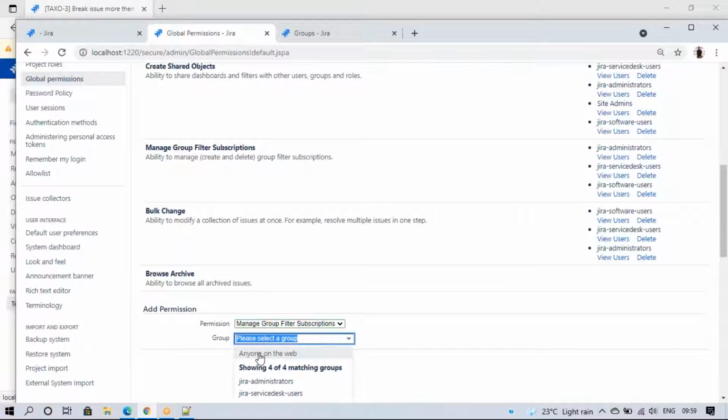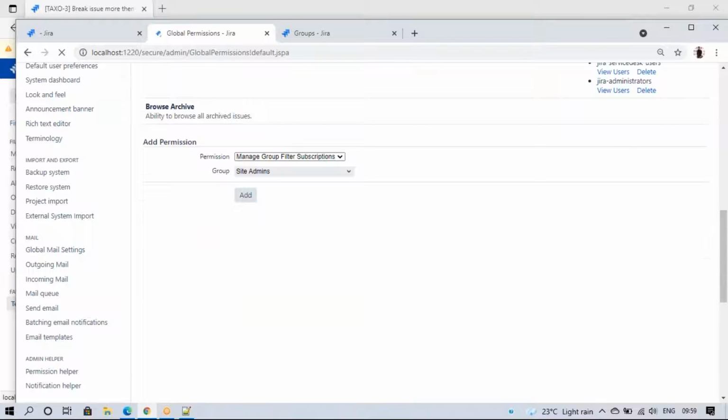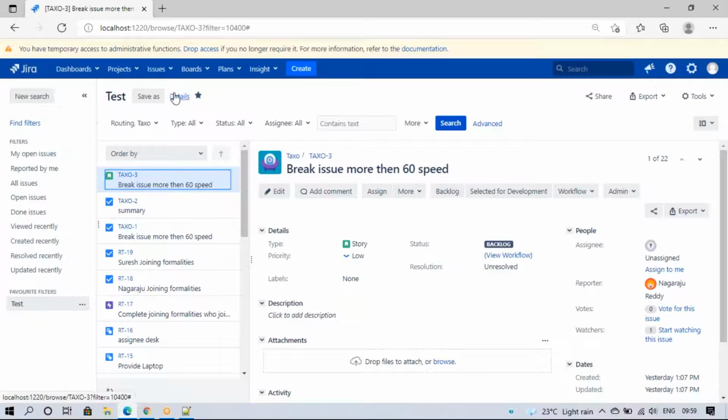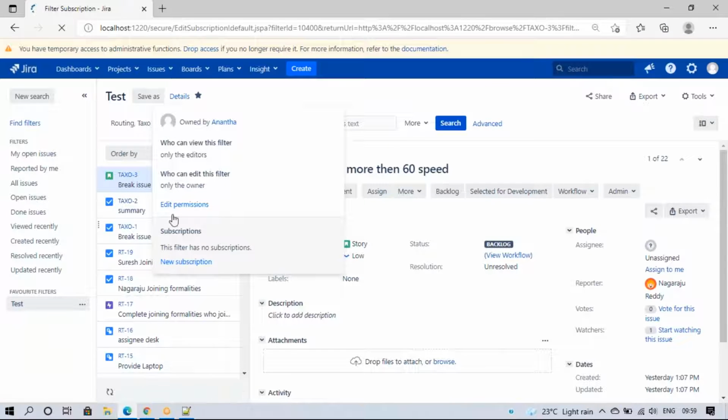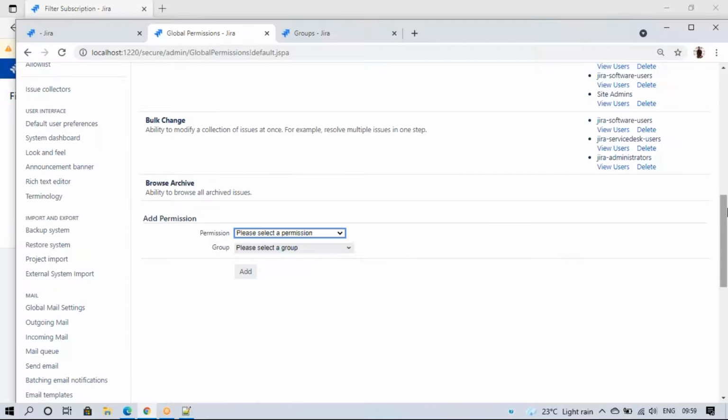Manage group or filter subscriptions. Site admins, add. So I can see the group selection here. Before, I could not see that.